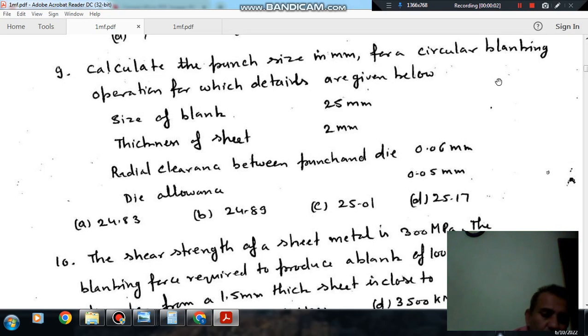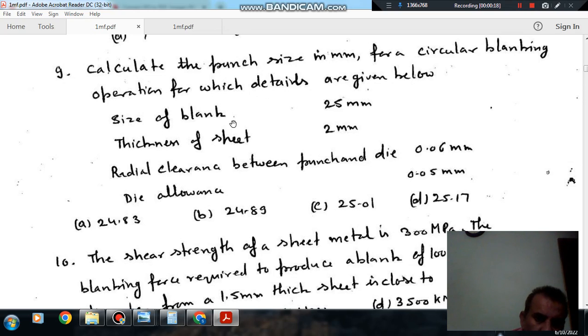Hello, welcome again. We are solving some questions of production engineering or manufacturing science. The topic is metal forming. Question number 9: calculate the punch size in mm for a circular blanking operation for which details are given